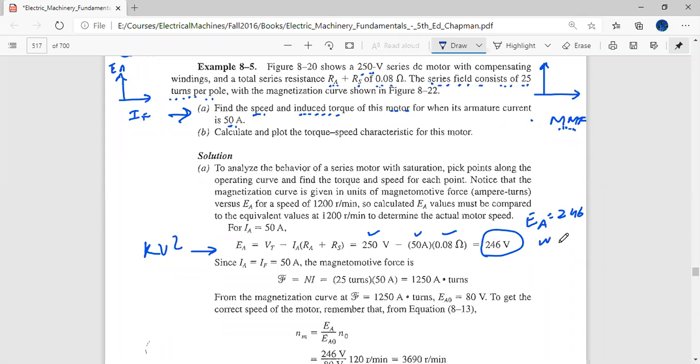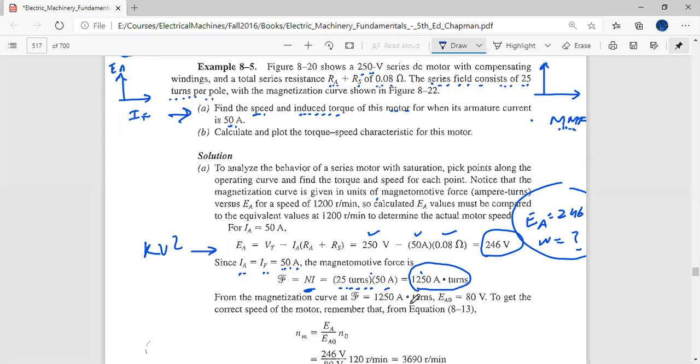So we want to find omega at this operating point. But we also know that if this IA is given, then we can also investigate the field of this machine, because IA and IF are the same. The field coil and the armature coil are in series. So if IA is known, then IF is also known. It is the same as 50 amperes. And the magnetomotive force will be equal to the product of N and I, and N is already given to us as 25 turns per pole. So we multiply by 50 and we get an operating point which is 1250 ampere